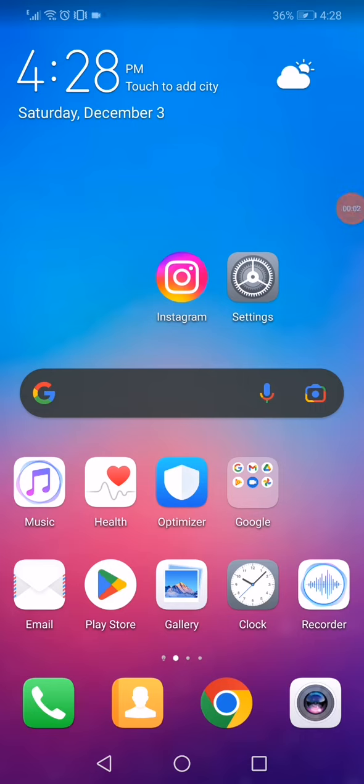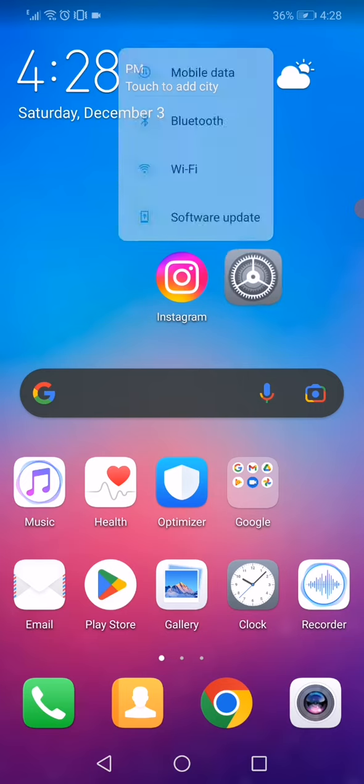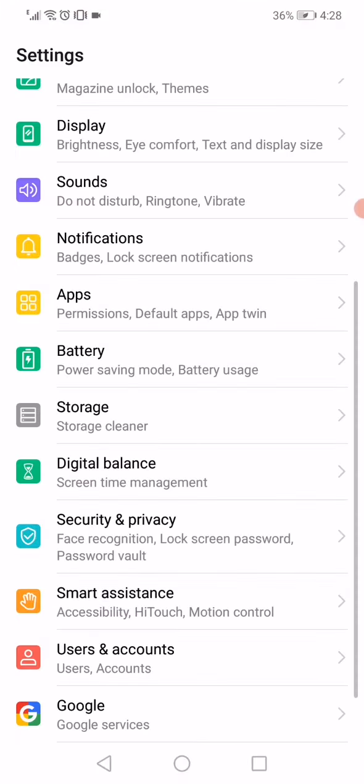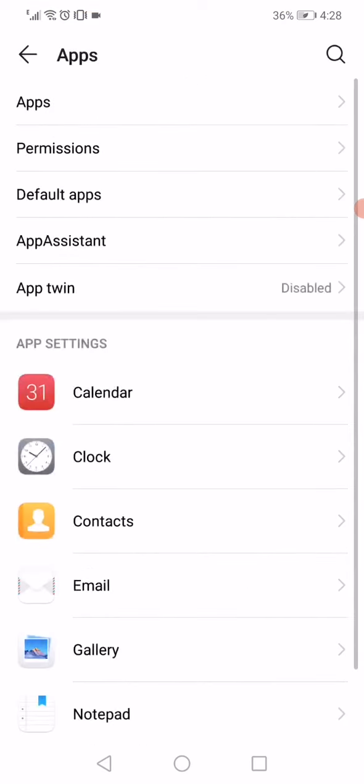In this tutorial, I'm going to show you how to fix Instagram followers stuck, easy and fast. There are three ways to fix it. The first way is to open the settings on your phone, go to the apps manager, and